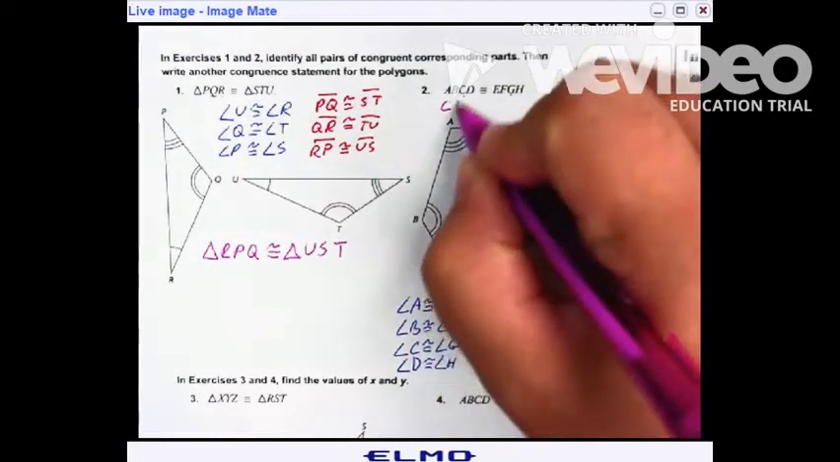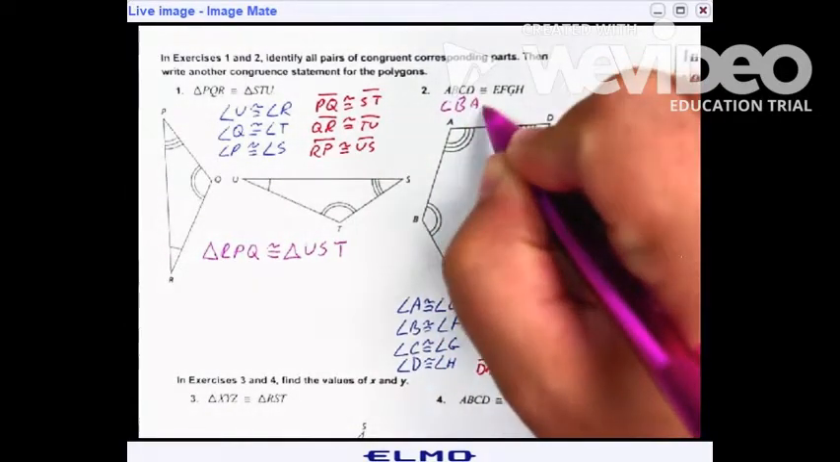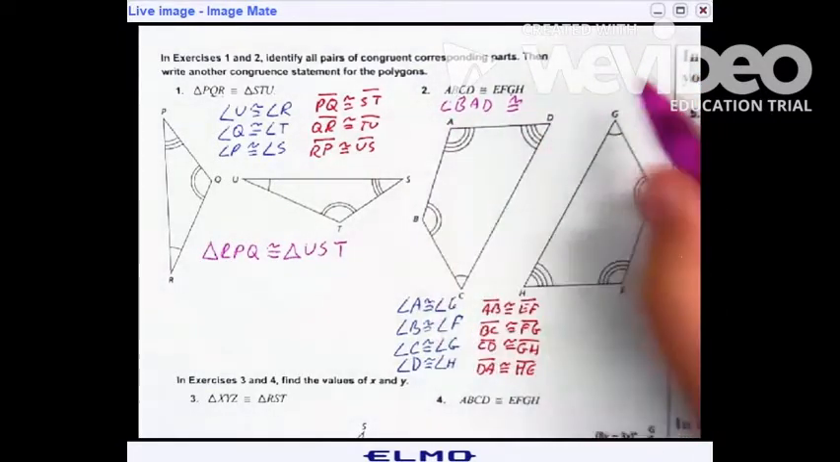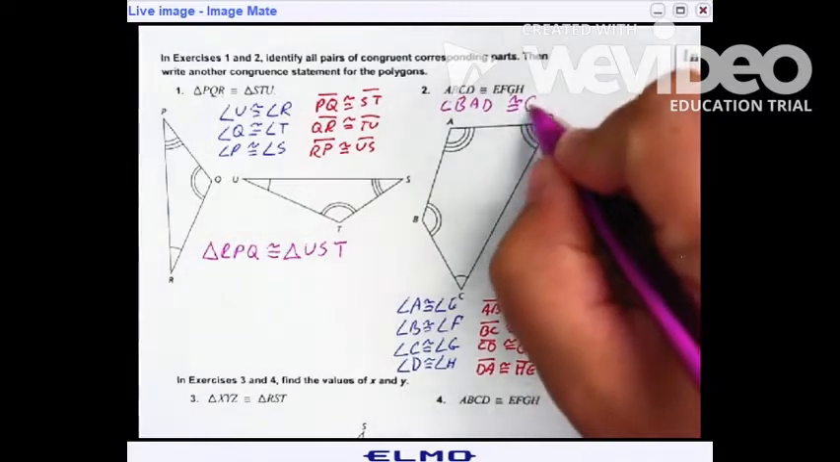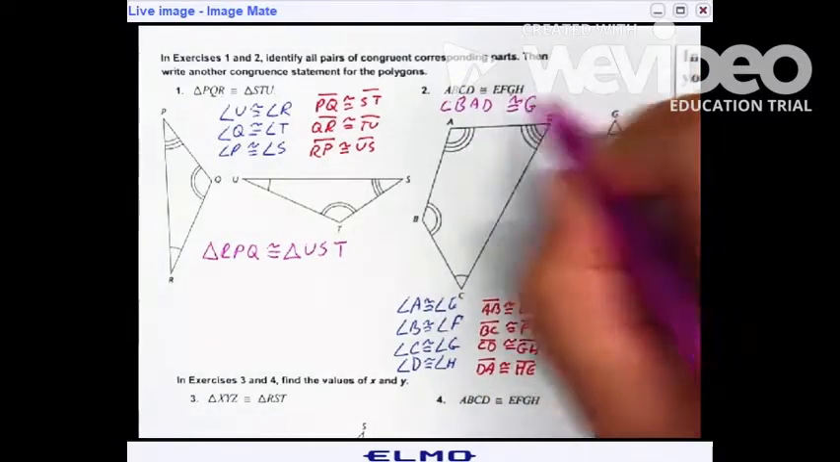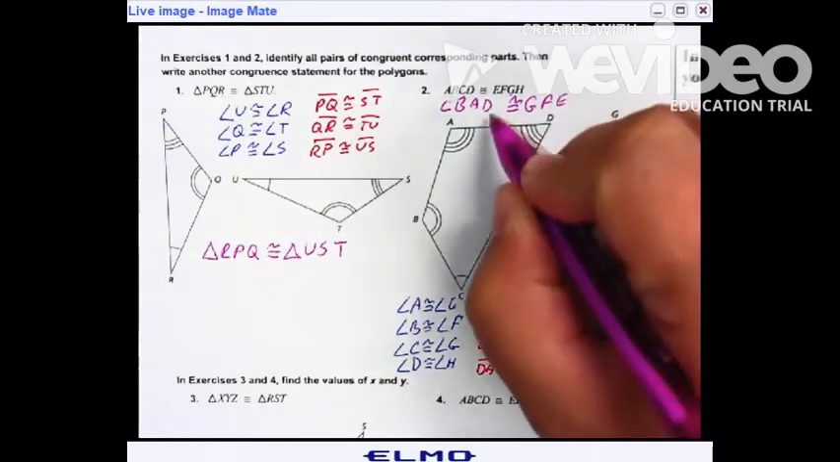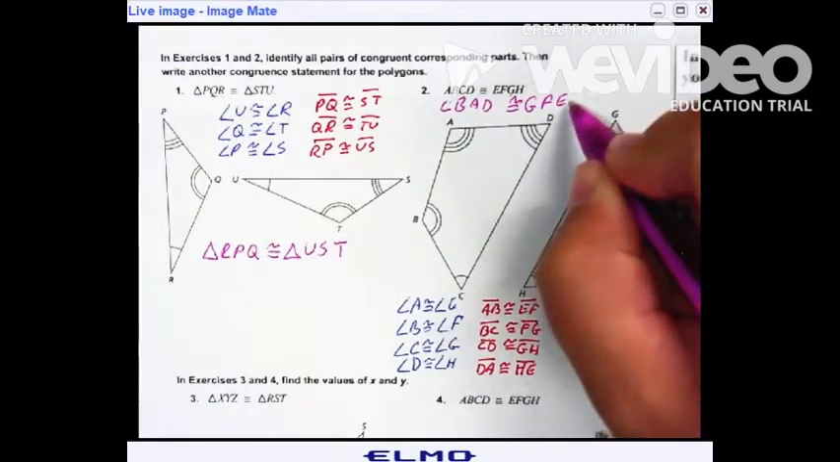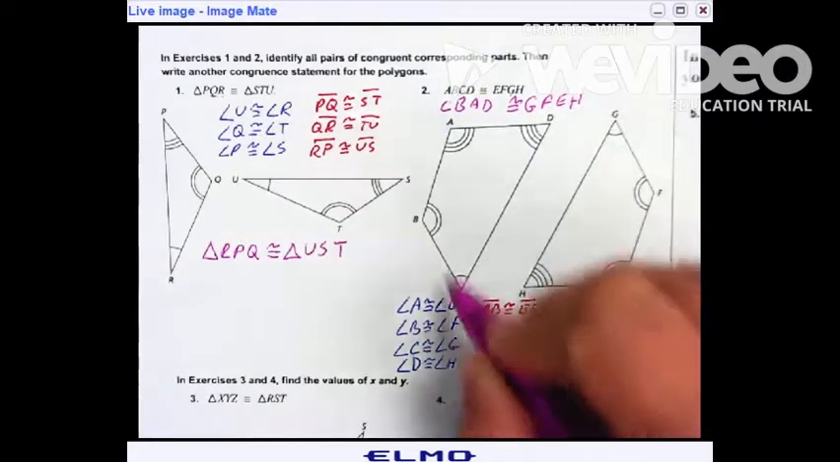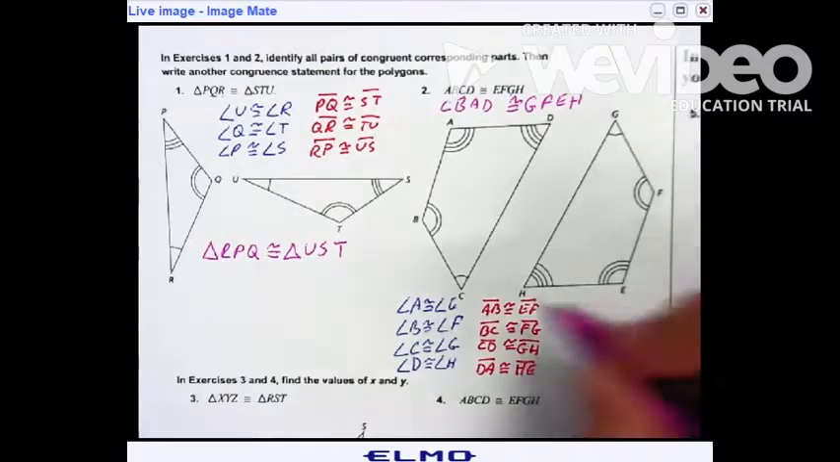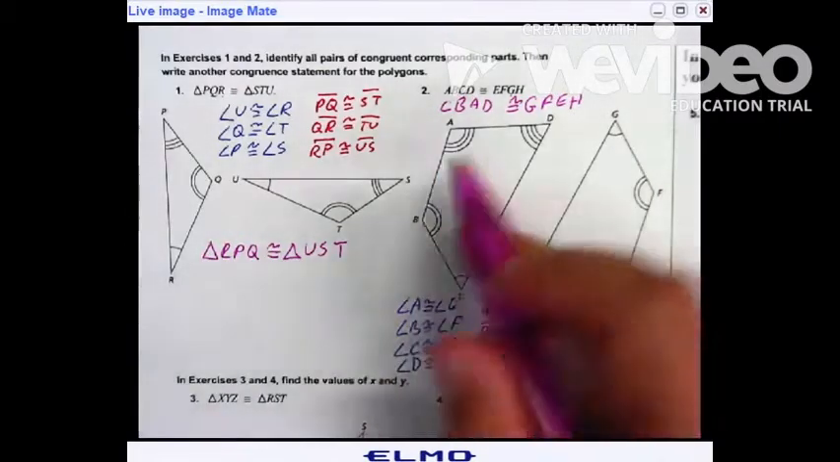So C, B, A, D will be congruent with, let's see, C matched up with G, B matches up with F, A matches up with E, and D matches up with H. C, B, A, D will match up with G, F, E, H. And there we go. There's my other